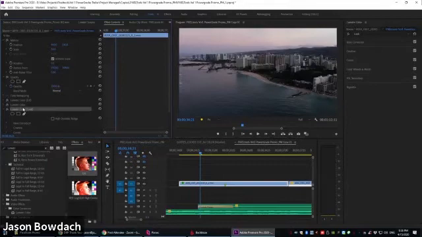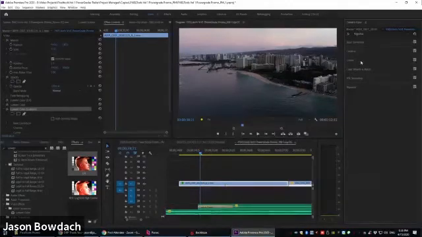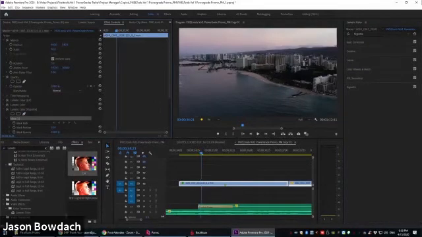So what I've made is I'm going to make this look, but I'm actually going to rename this and call this the vignette. And with every single effect inside Premiere, you have this ellipse mask, this 4-point polygonal mask, and this free draw Bezier mask. So I'm going to use this free draw mask, and I'm going to draw a mask around the sky here.